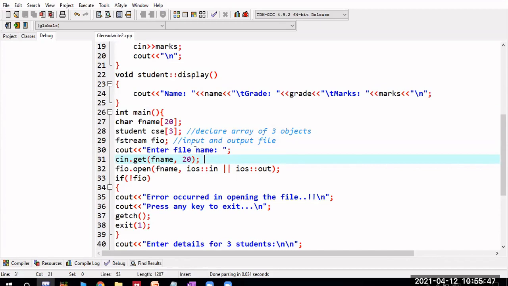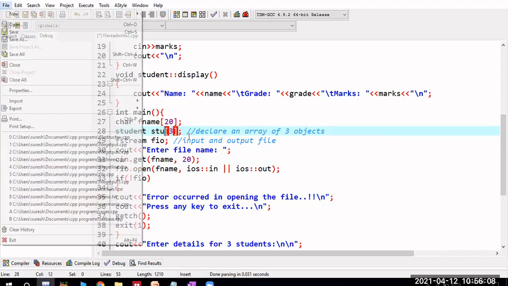If you want to do both input and output operations, declare an array of 3 objects, because I want to create 3 objects of the student class. That's why I can do it by using this array of objects. So stu of 0 will be the first object, and so on: student stu[3].